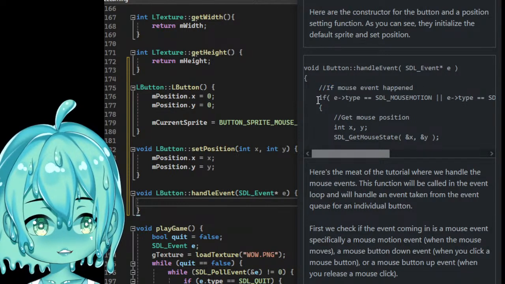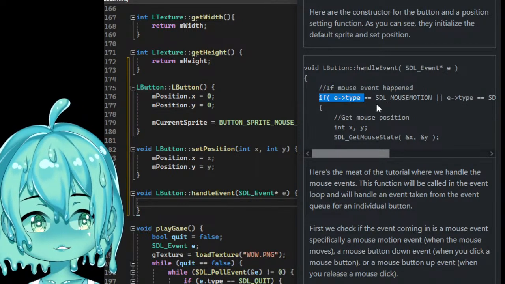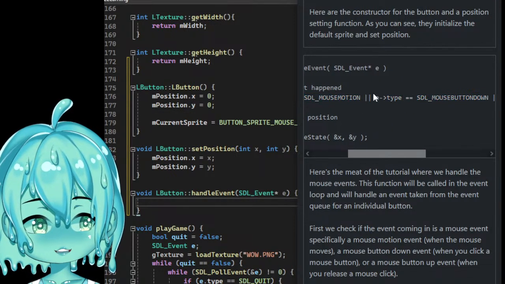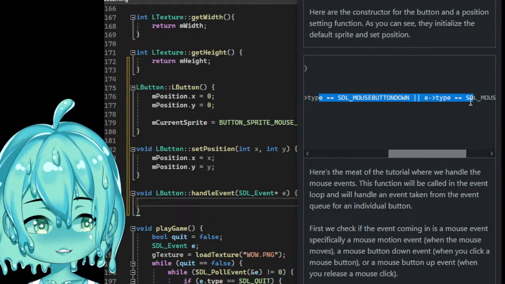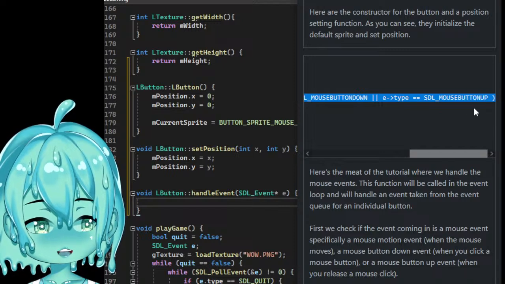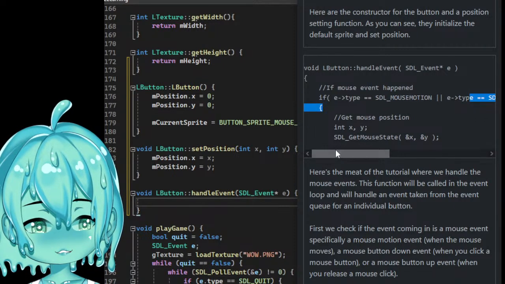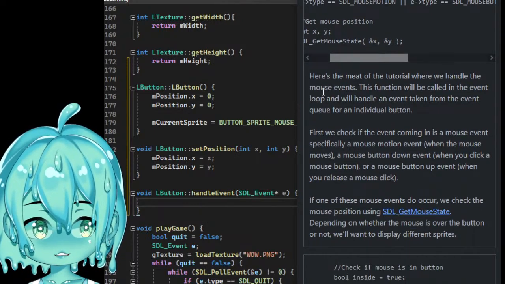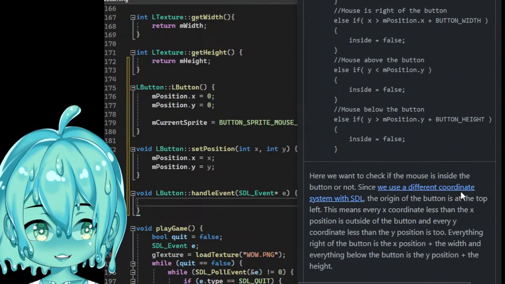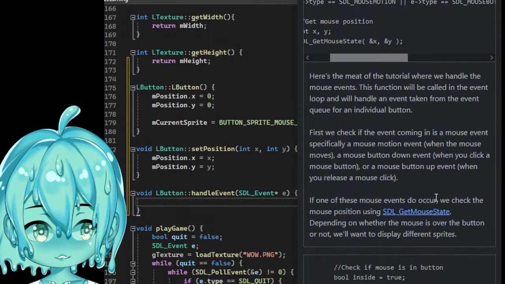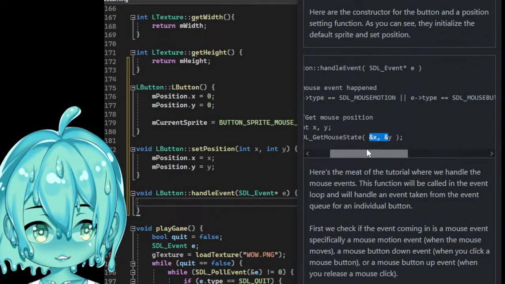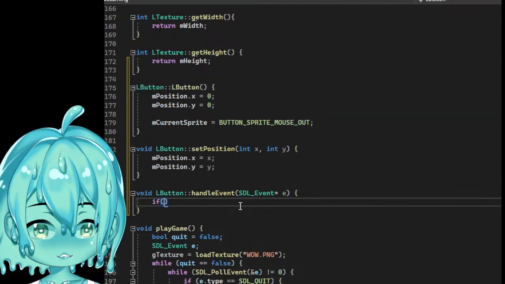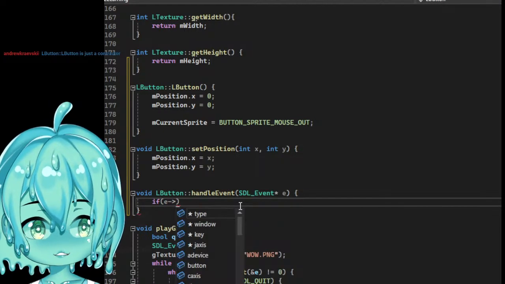If mouse event happened, if E type does not equal mouse motion, or E type does not equal mouse button down, or E type equal, whoa, what is this switch if statement? Here's the meat of the tutorial where we handle mouse events. Oh my God. Is this really the best way to do this? I mean, I get it. Okay, so now we're gonna be doing if E equals